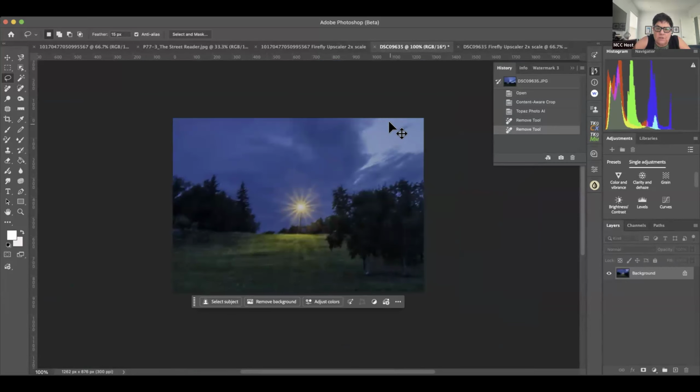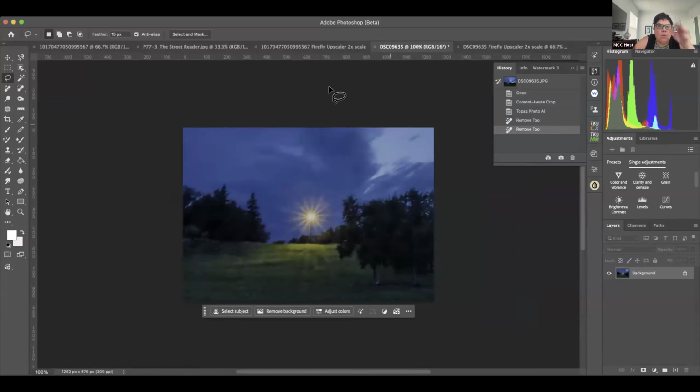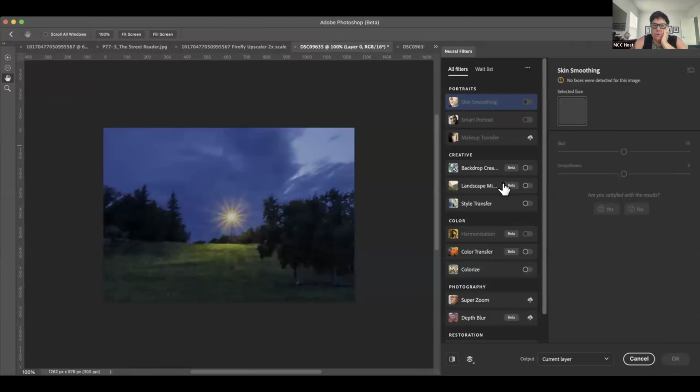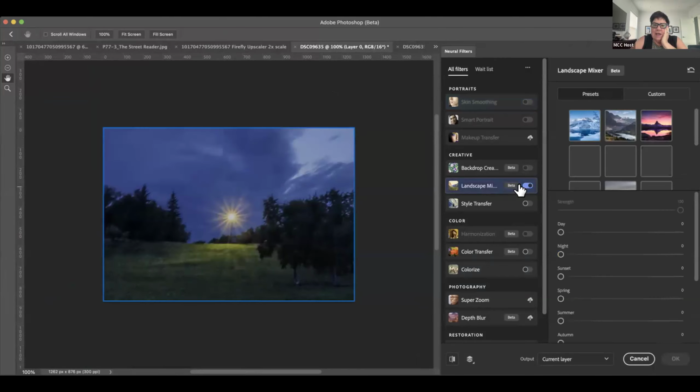I wanted to crop it and focus more on the star, but I went into this program here, which I'll just show you what I did in here. It may not look the same now. It's called Neural Filters. It's a new thing in Photoshop. And I went into landscape, and then I went into this one,